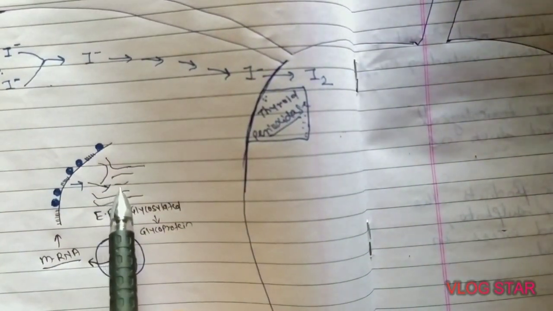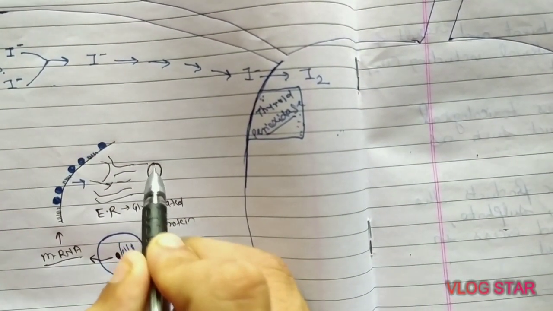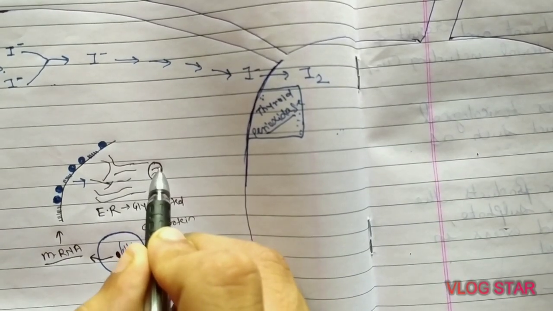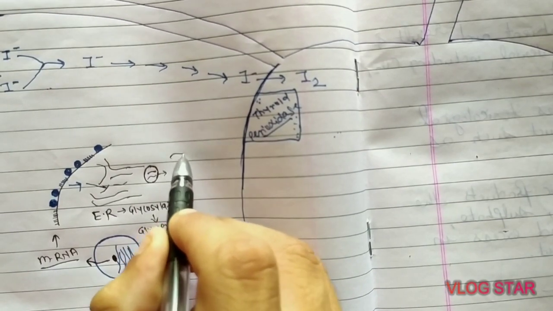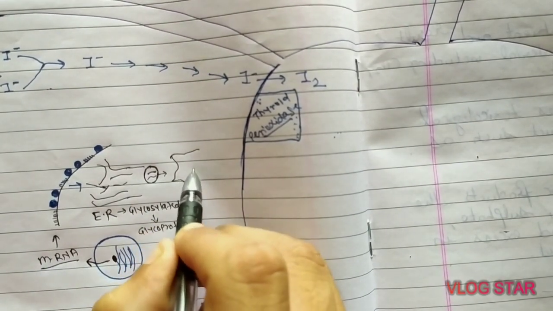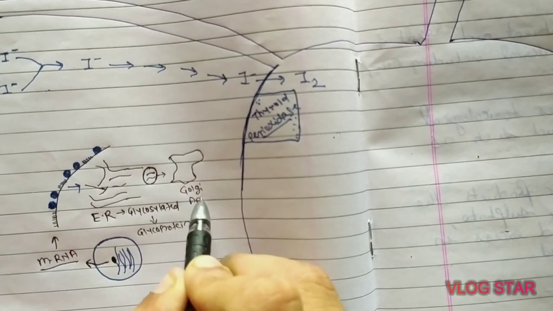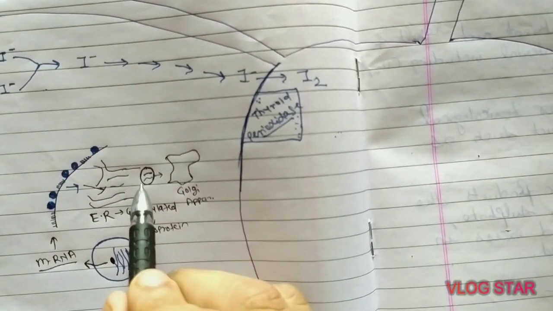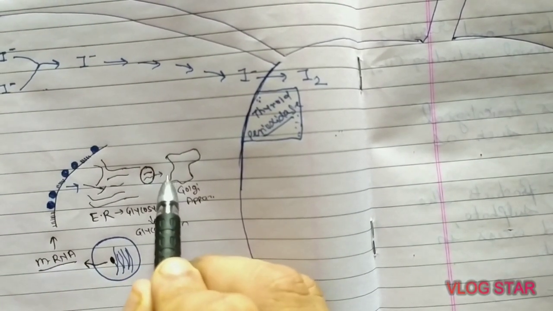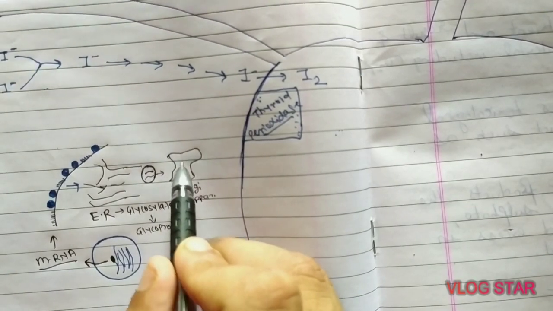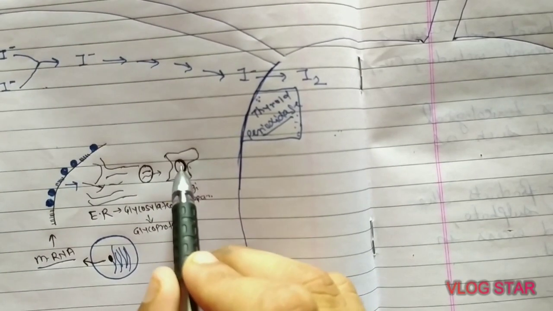From the endoplasmic reticulum, this protein is further trapped into vesicles, and then this vesicle goes and enters into the Golgi apparatus. The protein enclosed in the vesicle enters the Golgi apparatus, and in the Golgi apparatus the final packing of this protein happens and it further